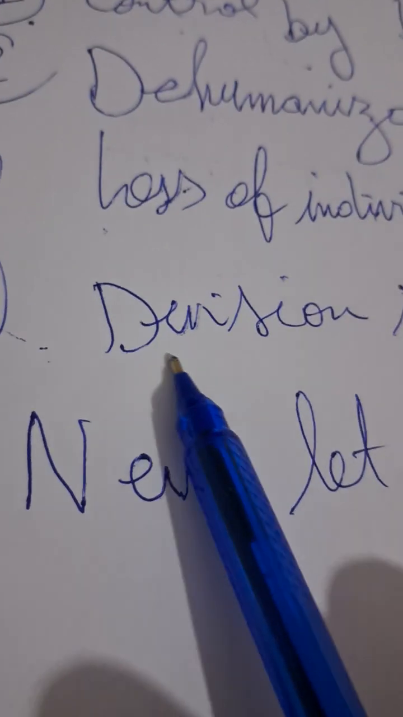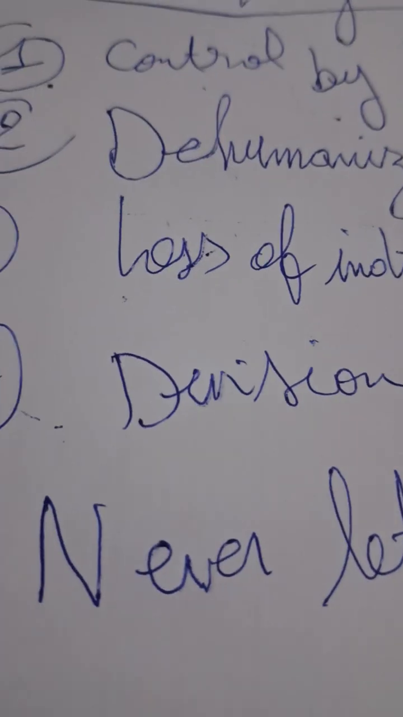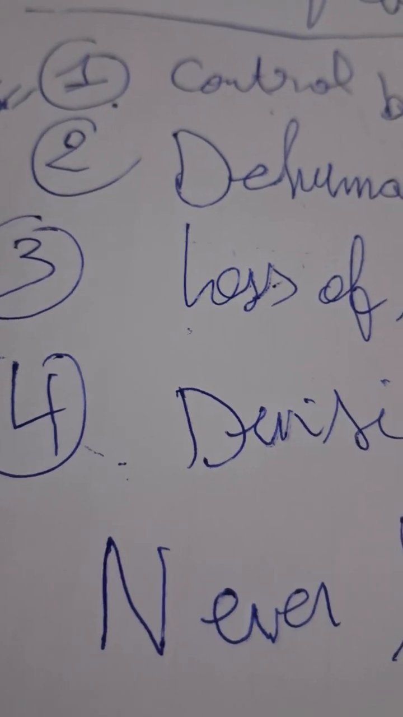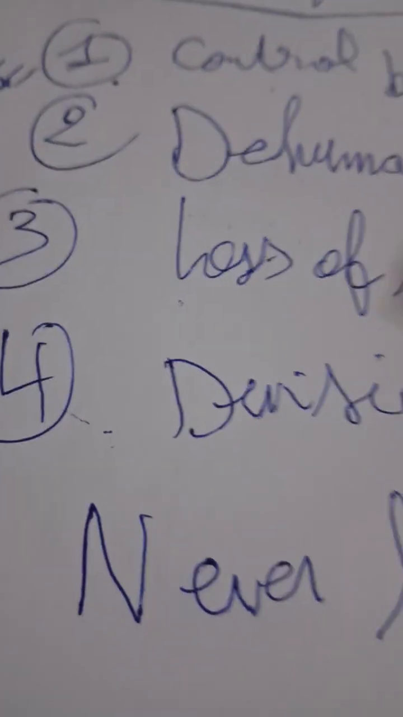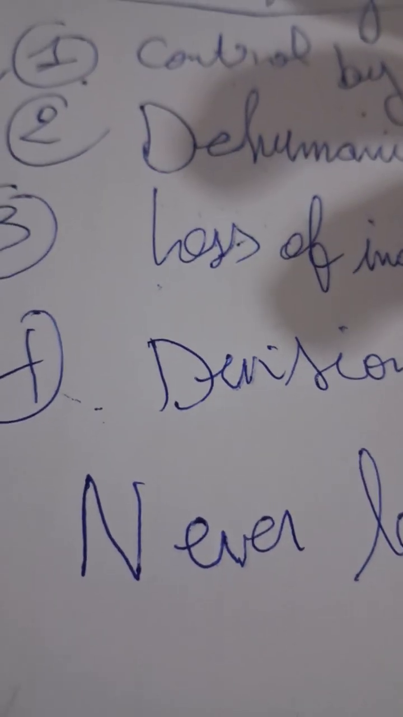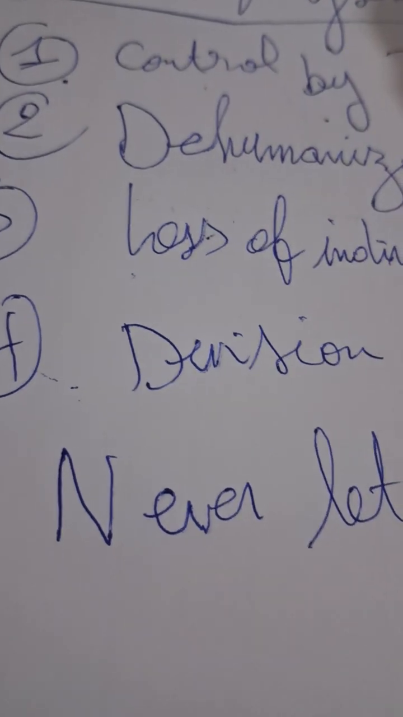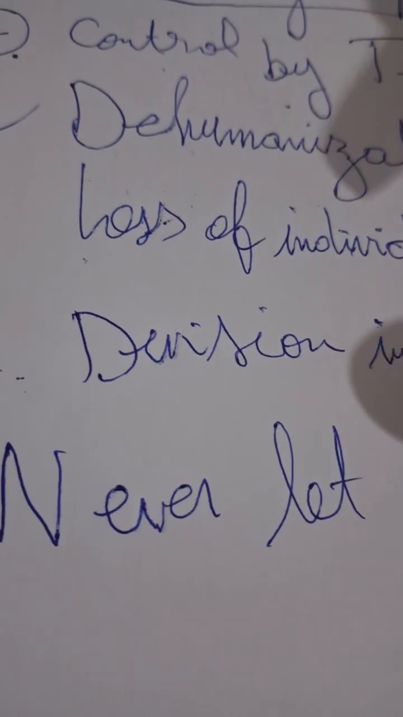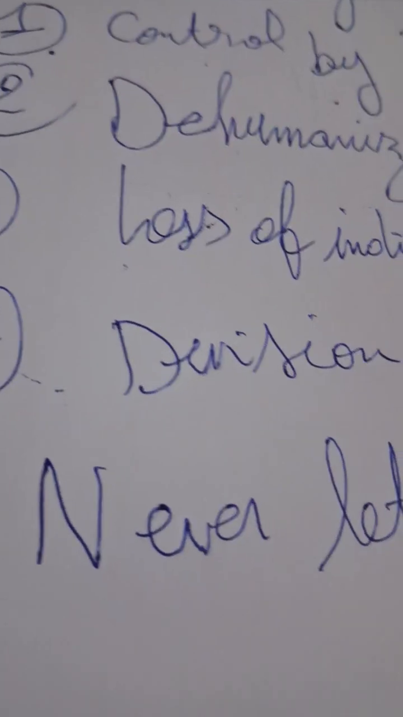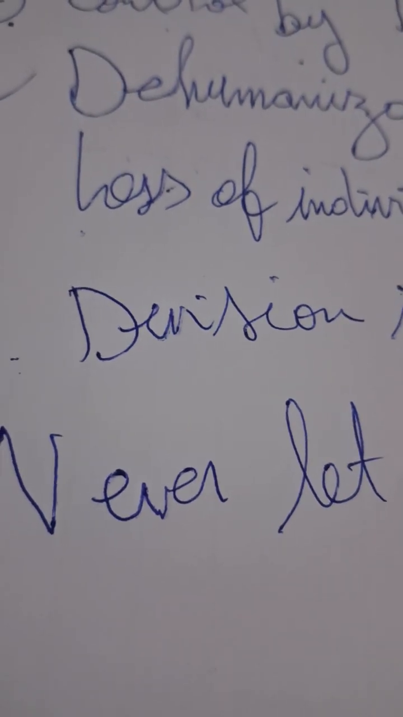The next feature, division into classes. Actually, I don't know if this feature is present in the novel or not, but according to my interpretation, I believe the fact that they were students, I can consider all the Hailsham students as a class, the guardians as another class, and